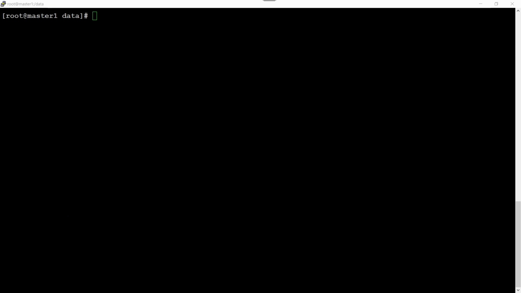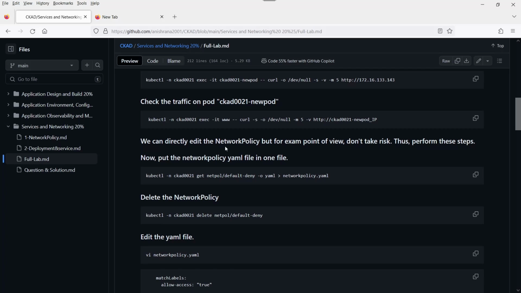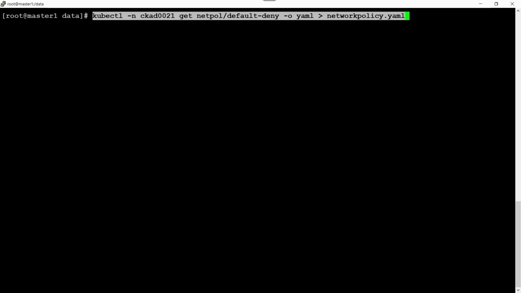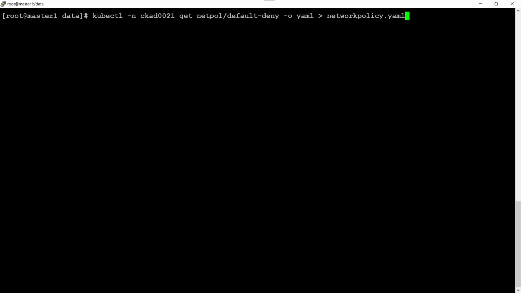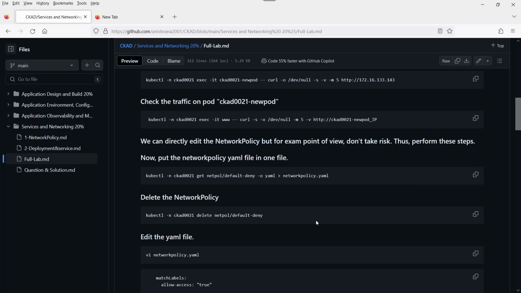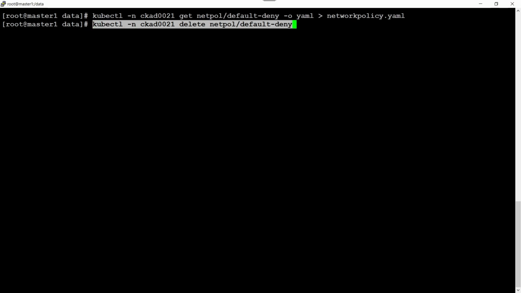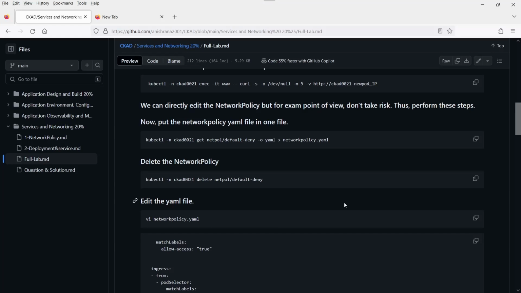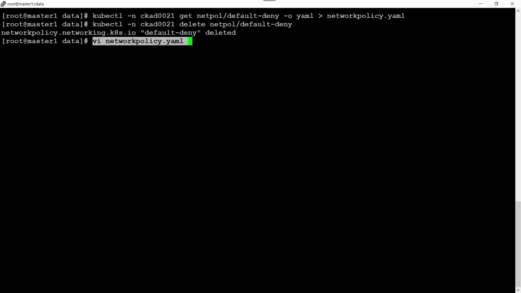Let me clear the window here. We can directly edit the network policy, but from the exam point of view, we just redirect the network policy YAML file into one file here. And after that, we can delete this network policy. No issue. After that, we can add the network policy,